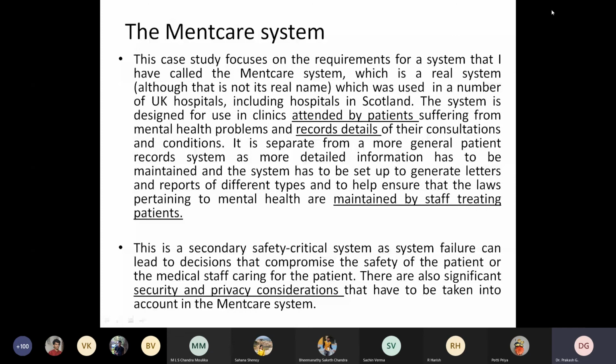Security is considered to be a non-functional requirement. Why is it a non-functional requirement? Whether we have to secure the system or not depends upon the hospital management and the particular user who is using the system. Hence it is considered a non-functional requirement. Otherwise, the system has to do some basic functionalities, and these functionalities you have already predicted. Let us see.